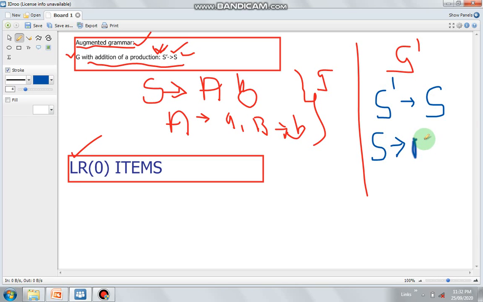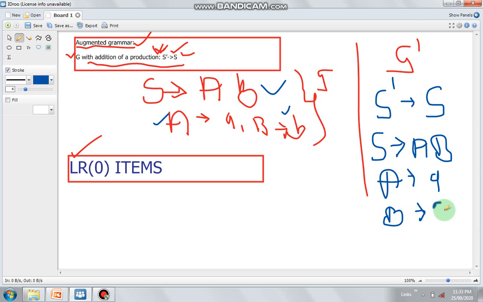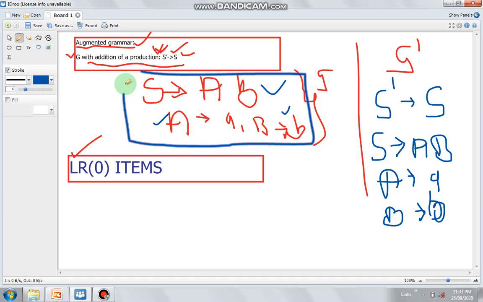That means S derives AB, then A derives A, then B derives B. So for this given grammar G, this would be your augmented grammar.